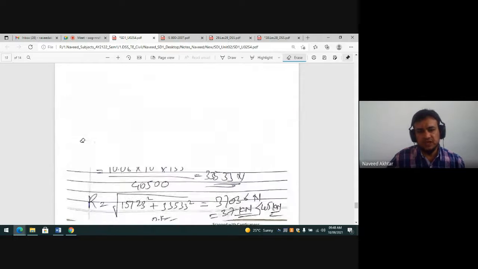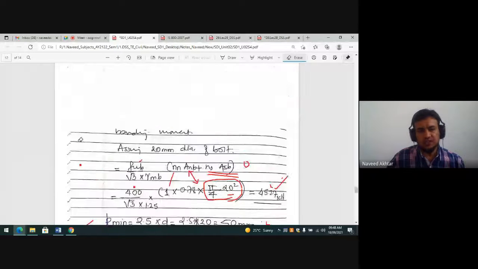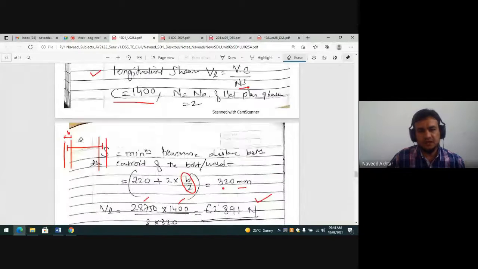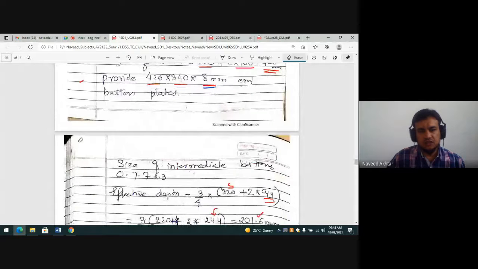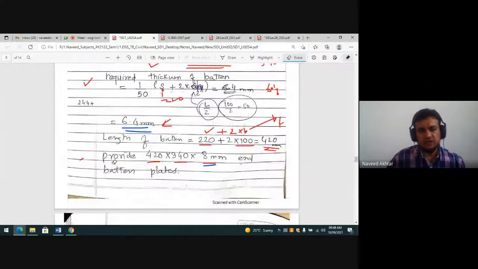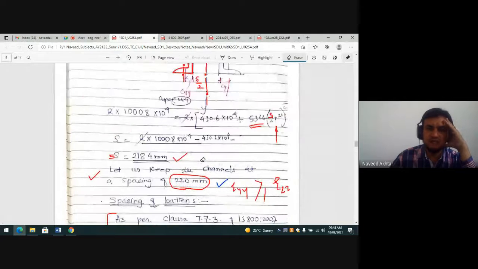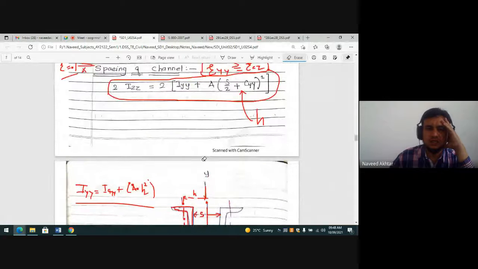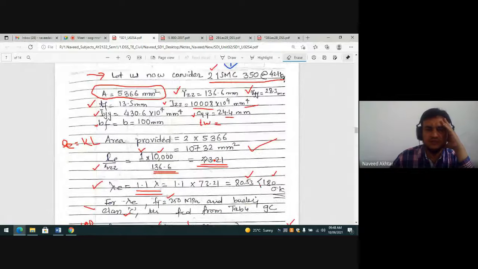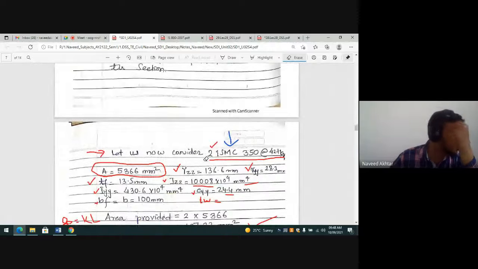And today our unit number 2 is completed here. Three steps are more than the lacing system, so that is no problem. Any type of example will come and you are able to solve it now in the compression member. It may be a compression member of a single rolled steel section, or it may be a compression member of a built-up section.